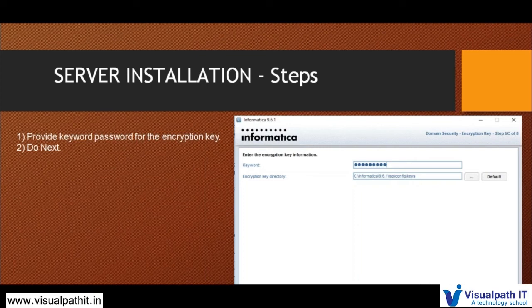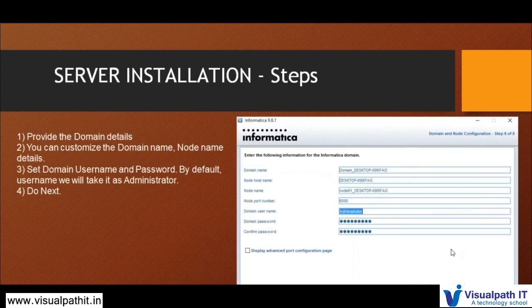Whenever you are upgrading, that keyword should be given so that it will be taken as the encryption key and it will allow the upgrade. For a fresh installation, the keyword can be anything. Once we have provided the keyword, we will be providing the Informatica domain details.